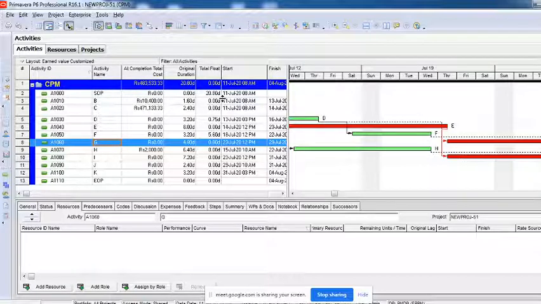Tomorrow, during execution, if the contractor feels that this plan was made with the assumption of so and so thing, but that is not happening according to the assumptions we made earlier, then changes have to be made to the project. Whatever changes you bring into the plan affect everything. It affects time, cost, everything.